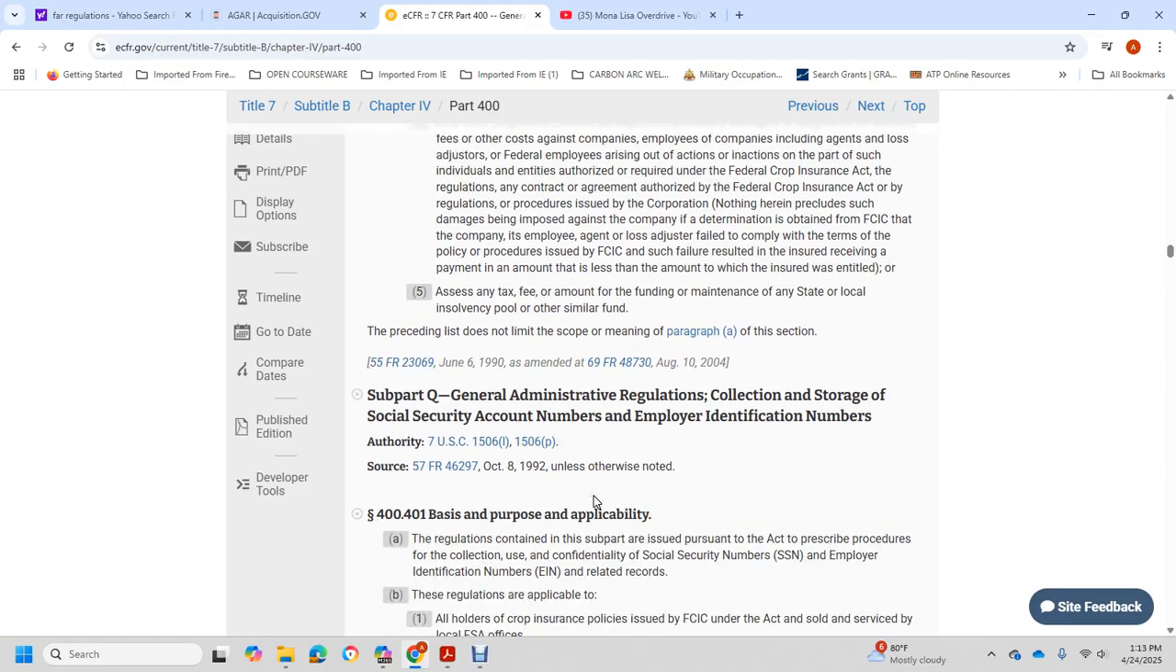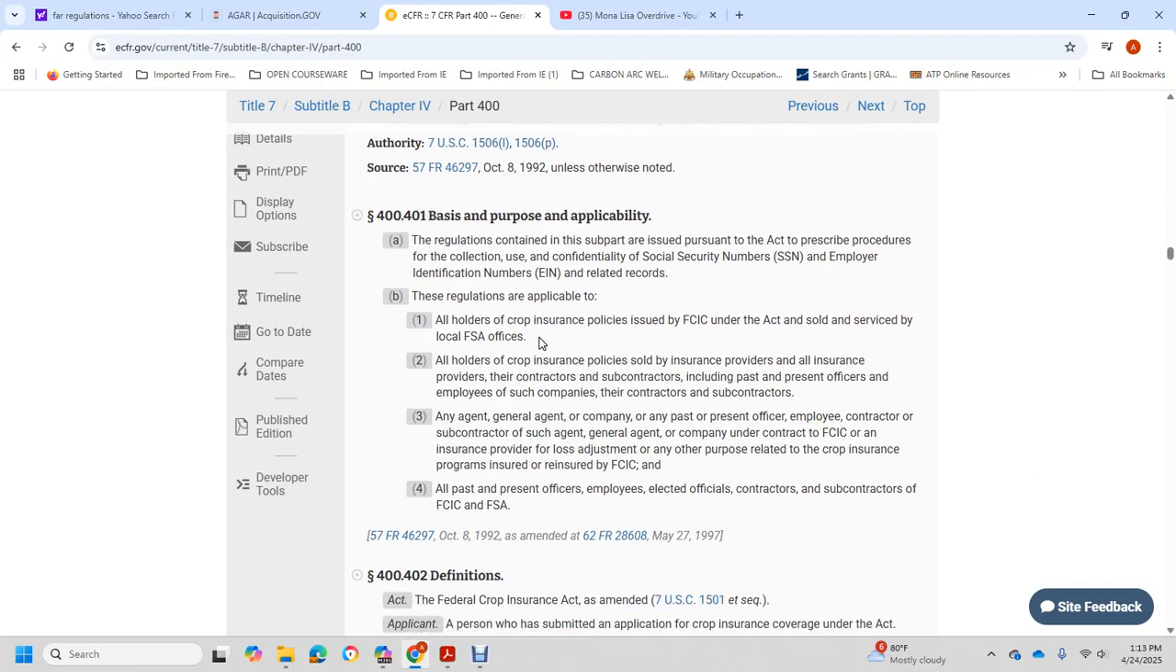General administrative with the regulation collection store with the social security account number the employee with the identification number the 400-401 base for the purpose of the regulation contained with the subpart of the issue with the pursuant of the act for the proceed prescribed with the procedure with the collection of the use of the convention with the social security number the employee with identification number the retail with the related record with the regulation applicable to all the